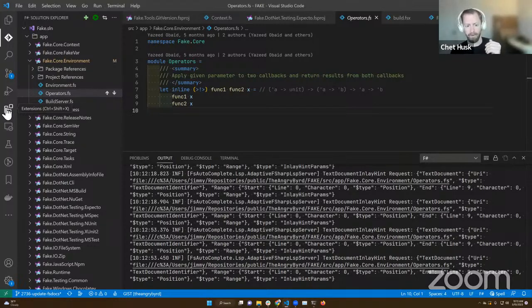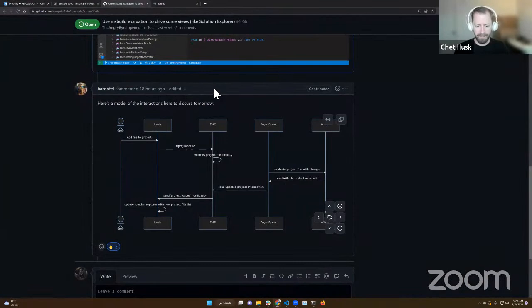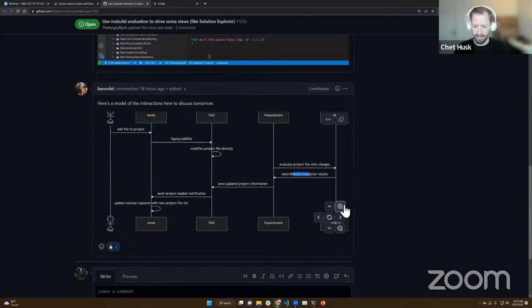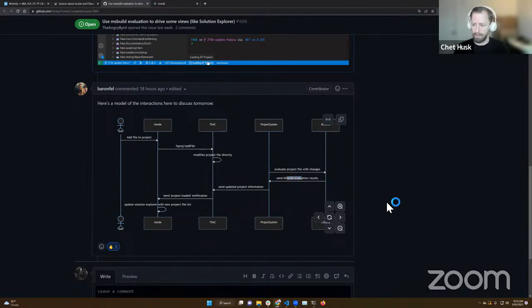language server protocol client using FSAutocomplete that does this sort of presentation. If Ionide Vim or the Emacs plugins or the Sublime Text plugin wanted a similar experience, they could probably port the code from Ionide and get a pretty close representation. But the problem that Jimmy has brought to us today is very much an Ionide specific presentation right now. So over to the sequence diagram. I don't often do these things, but it seemed really helpful in this case to talk about what happens when you trigger any of the commands on that Solution Explorer view.